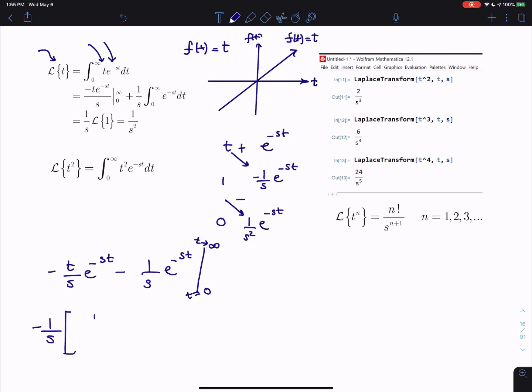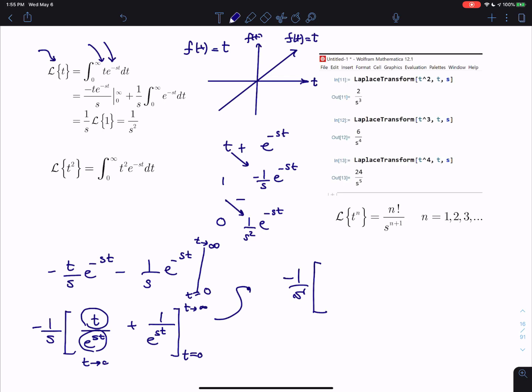So this becomes t over e to the st, and then plus 1 over e to the st, and that gets evaluated from t equals 0 to t at infinity. Now if you notice, this is minus 1 over s. Now this, as t goes to infinity, you see, if we were trying to find a Laplace transform of a function that was stronger than an exponential when t goes to infinity in this situation,